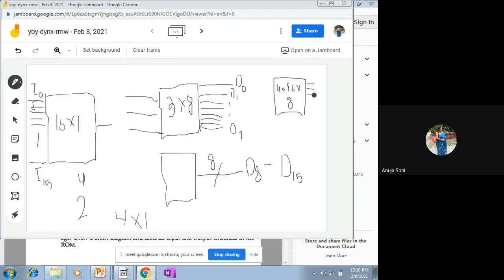Those are called your data lines. And 4096, whenever it is converted in terms of 2 raised to power, that power will decide the number of address bits, as I told you earlier. So this way you will be able to identify the number of address bits and the number of input output lines. So 8 will be input output: 1, 2, 3, 4, 5, 6, 7, 8. So these are your 8 input output lines. You can write it down as 8 IO lines, or 8 input output lines.